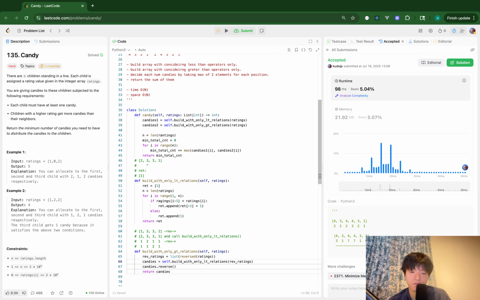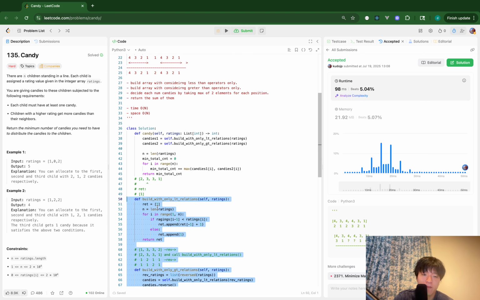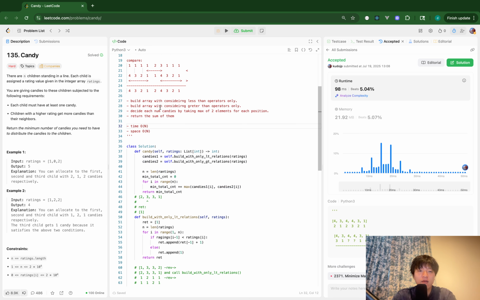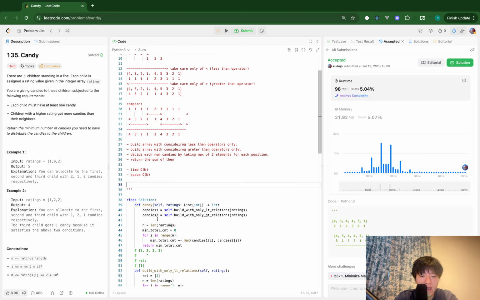Okay. So I will skip the checks. Let me walk through my code. I will skip the checking for sub methods. I will just focus on the logic of the main method. So when I get something like this, firstly, I will build the candies one array from the rest sum relationship. It becomes like this. Next, I will build the candies 2 from the greater than relationship. So this becomes